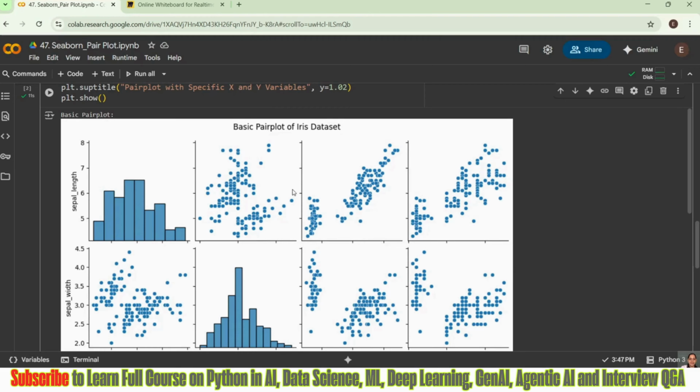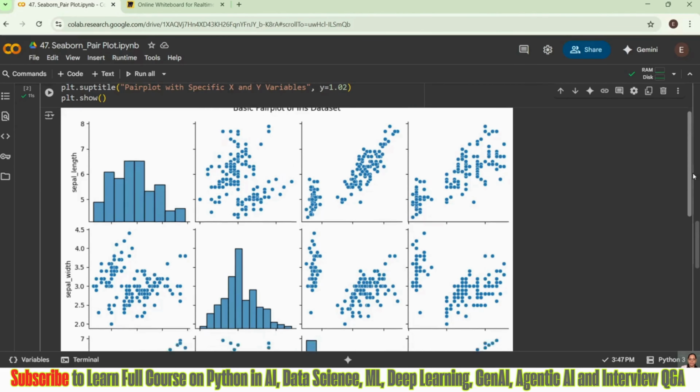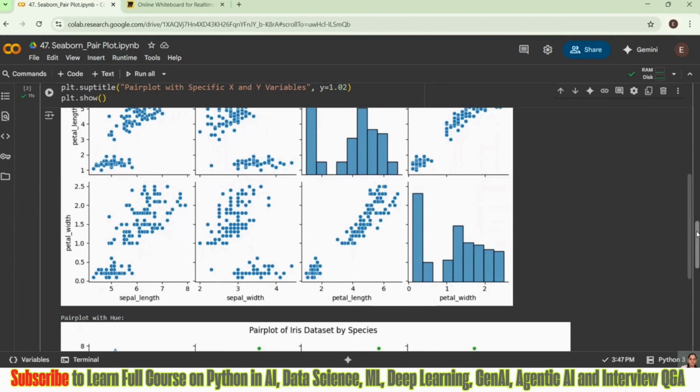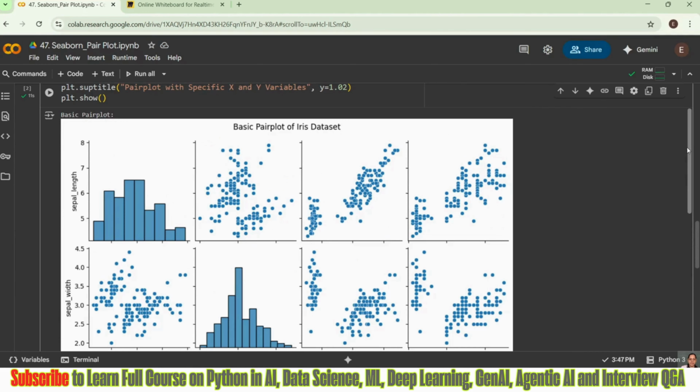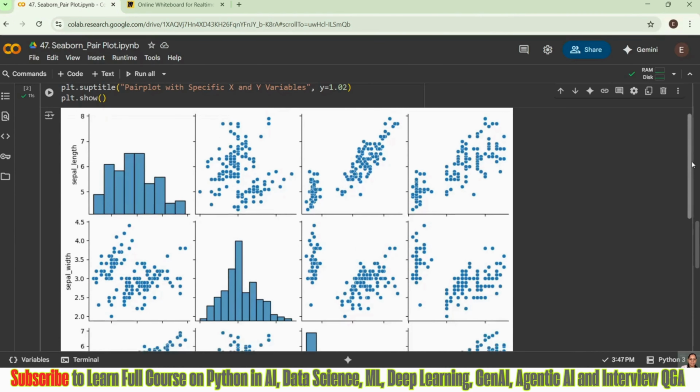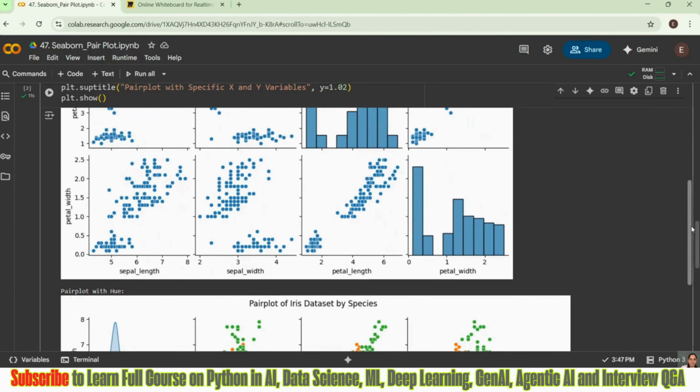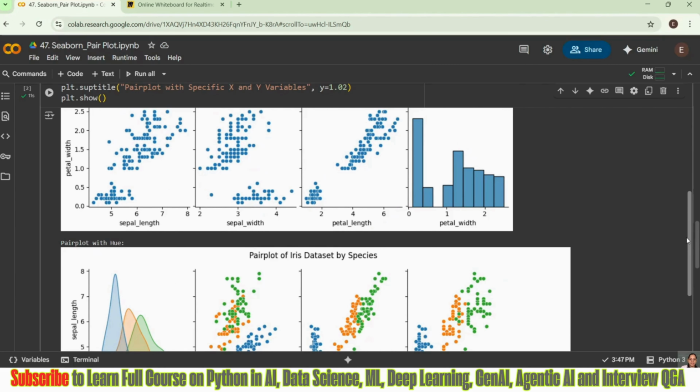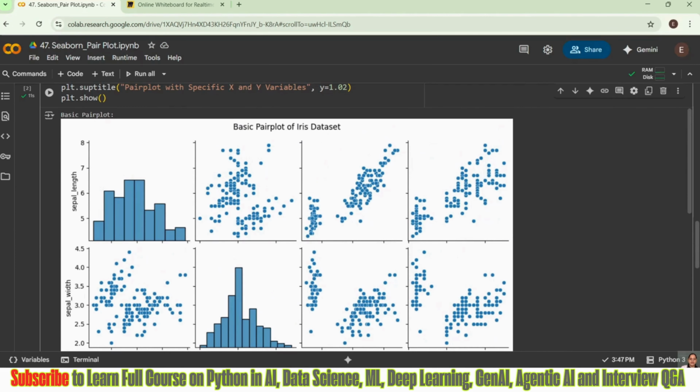In the matrix, the next one for sepal length, which comes second, gives the relation with sepal width. Again, sepal length and petal length, sepal length and petal width, like that. The other scatter plots that you see give you the relations between the other features.